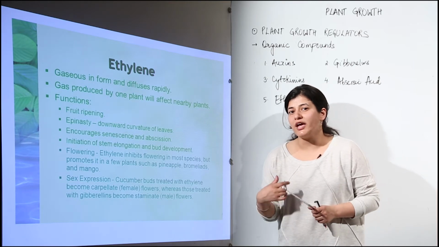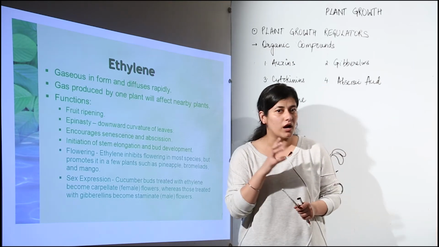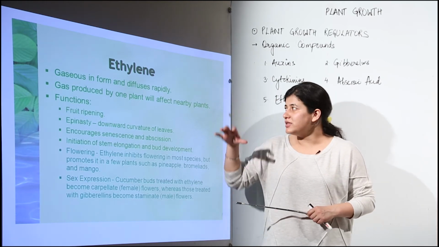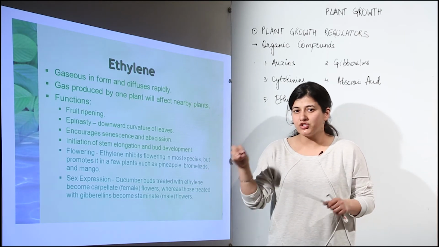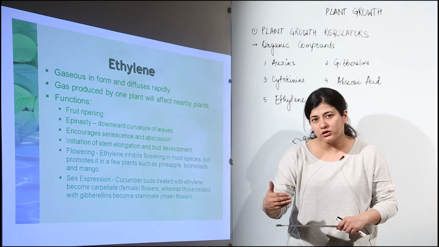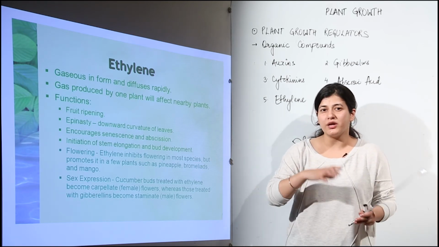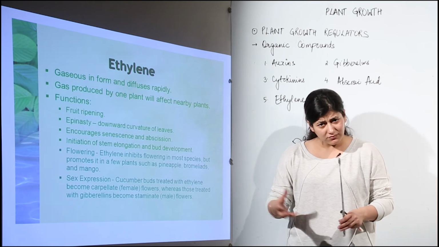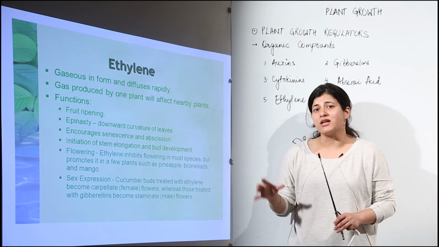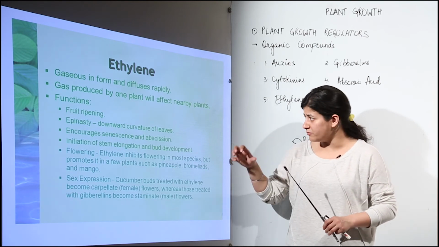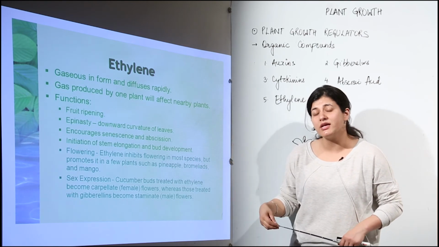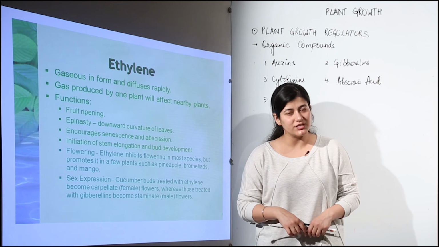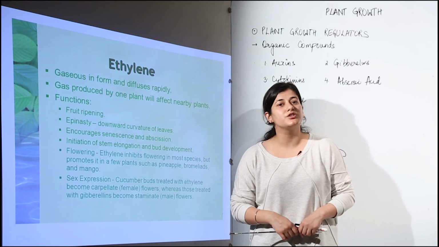So you see that each and every organic compound has some crucial importance, which is very important for plant growth in total. These are all the plant growth regulators which regulate the growth of the plant. Either they inhibit the growth or they stimulate the growth, or they bring about various processes like abscission, senescence and other processes, closing of stomata, lateral bud expansion. All these processes are conducted and properly managed in the presence of these particular compounds, and their role in growth is very, very important. That is why they are known as plant growth regulators.